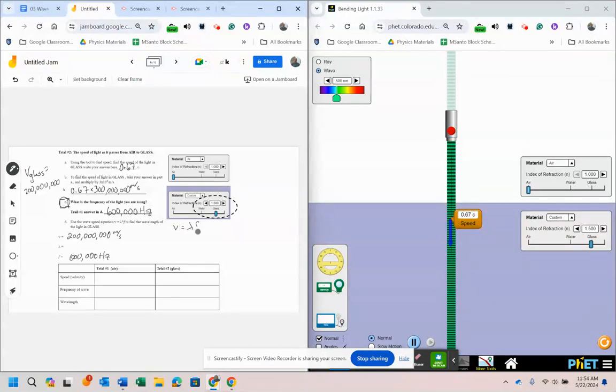Speed is equal to lambda times frequency. So this here is for glass, by the way. We have 200 million is equal to lambda times 600,000. Okay, so when I divide both sides by 600,000,